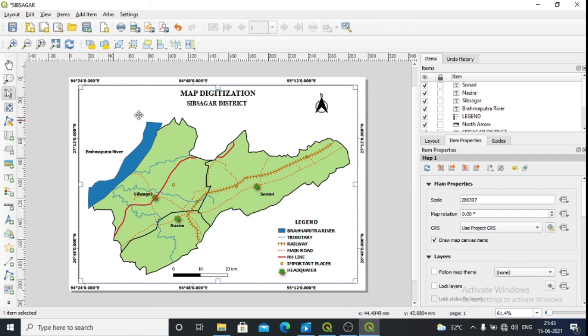So this side we have the Lakhimpur district, this side we have Nagaland, here we have Arunachal, and here we have the Jorhat district.